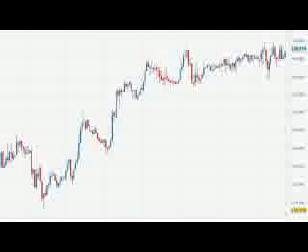In our next video, What are candlesticks? We will learn about the different parts of the candlesticks and how they're used in